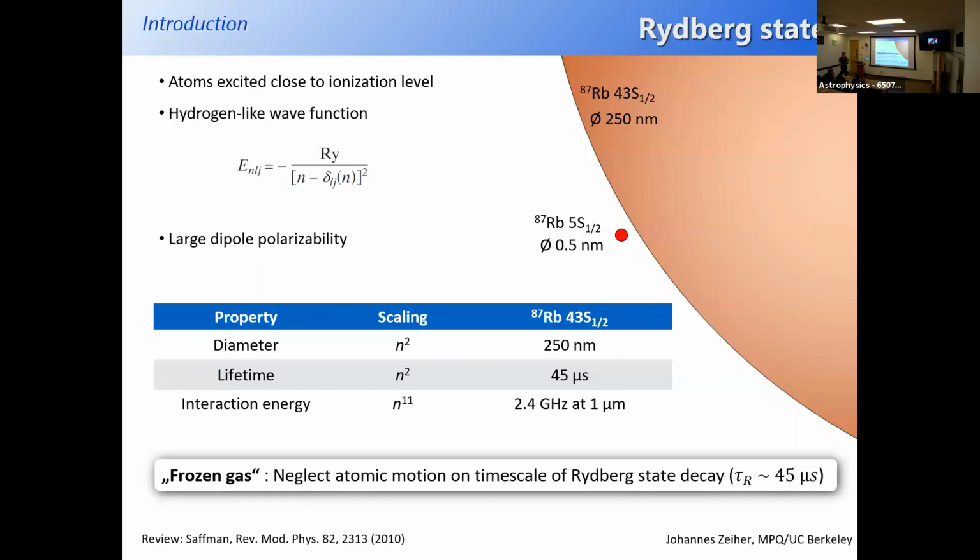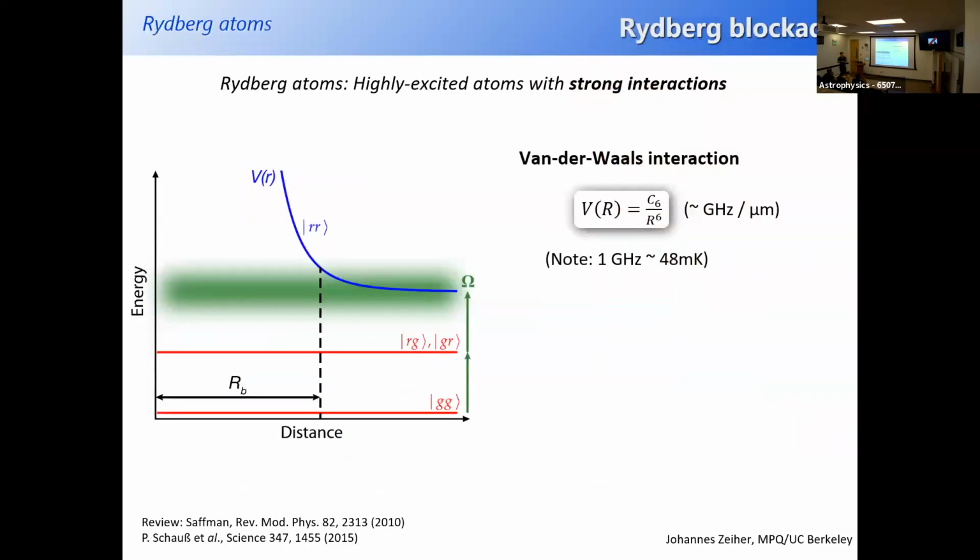So what are these interactions? I put a little note here. These interactions are actually due to a very, very easy or large polarizability of these Rydberg states. Imagine the electron is very far from the nucleus, from the core of the atom, and that means it's actually very easily perturbed. And this perturbation in second order perturbation theory actually leads to van der Waals interactions. You know, you have two neutral atoms that both have a dipole moment, you can actually get van der Waals interactions acting between these atoms.